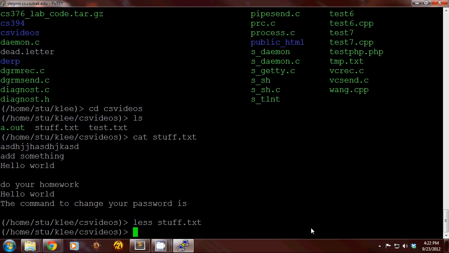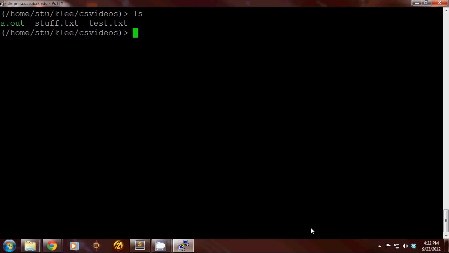Okay, so now we don't want stuff.txt in the folder anymore, so we're going to have to delete it. And it's not as simple as right-clicking and delete. You have to be careful when you delete in a Unix environment because there is no trash can. We cannot redo or undo our delete. We can't do anything like that. So you have to be very careful when you say which file that you want and make sure that it's going to be that. So we're going to go ahead and remove stuff by typing in rm and then the stuff.txt